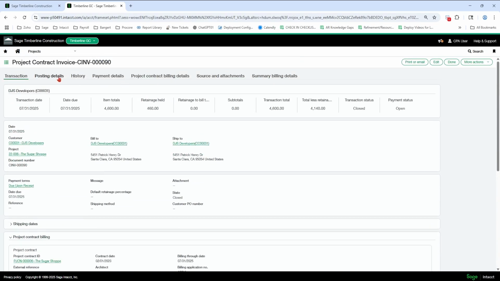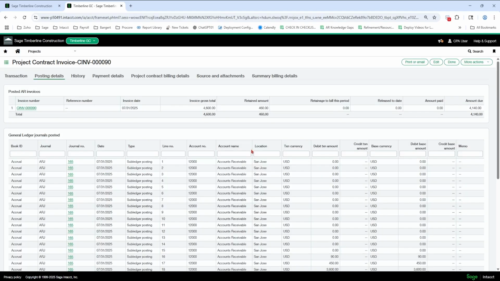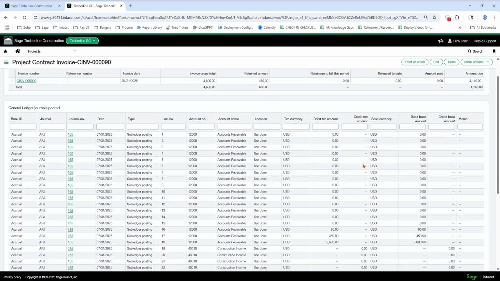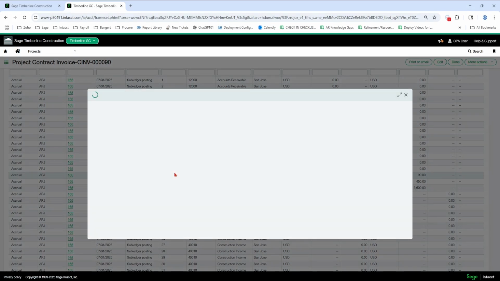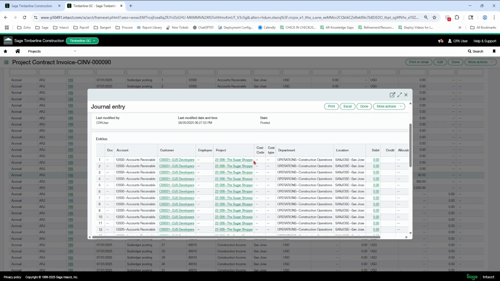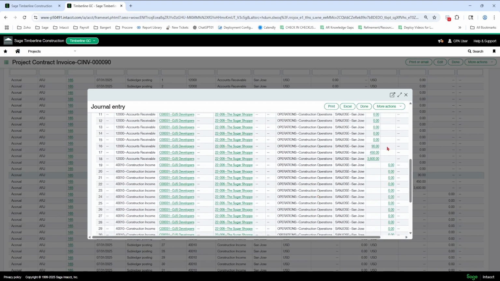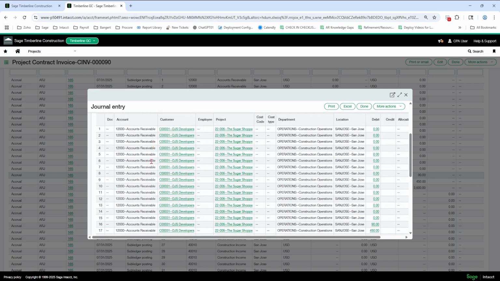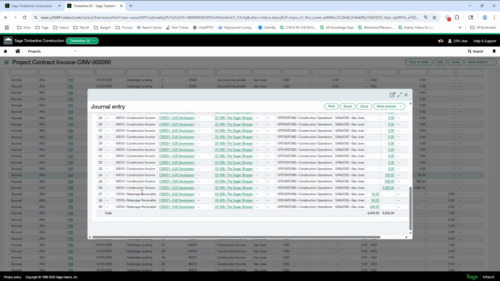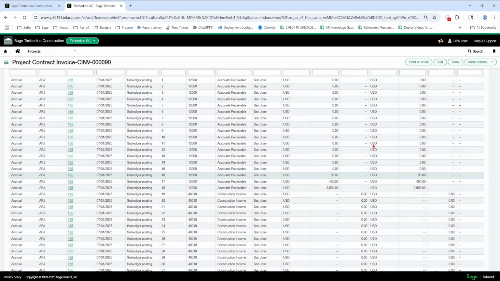We're going to come up and we're going to look at the posting details. So in here, we have what it did on my journal entry. I can actually click and see the journal entry it makes in the general ledger. Got every single line, it puts zeros on if you don't bill it. And then your retainage, for example. Okay, so you've got AR, income, retainage, receivable. Okay, you can dump to Excel, do all that good stuff.